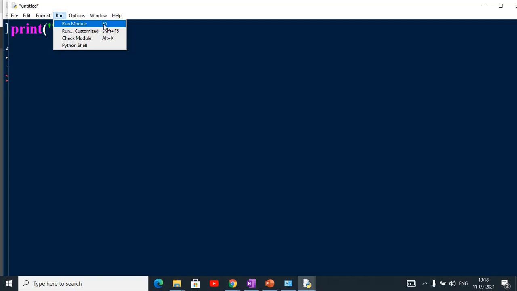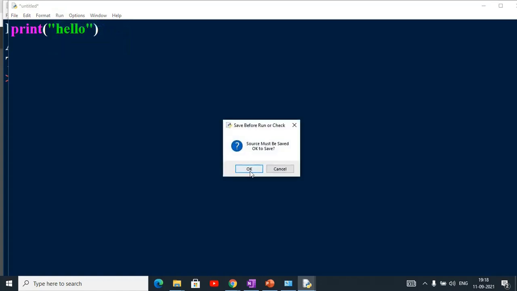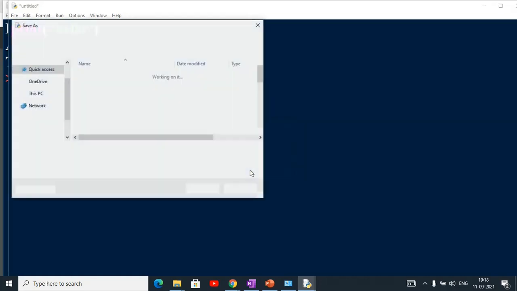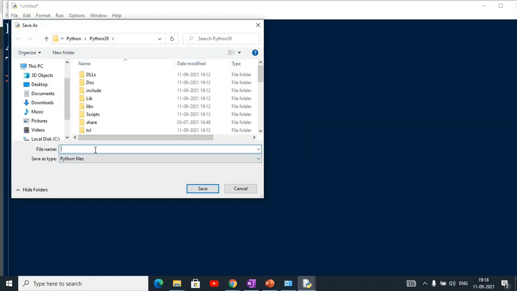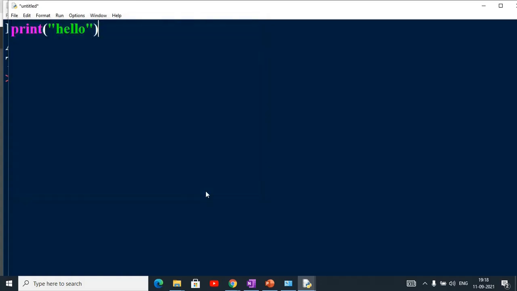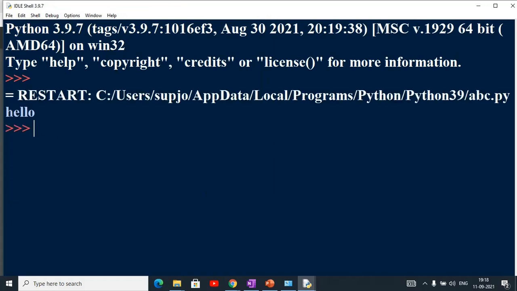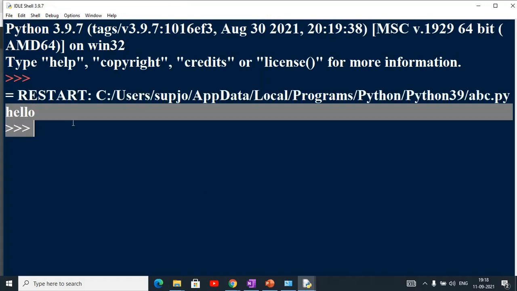कीबोर्ड से आप F5 भी प्रेस कर सकते हैं. और जब इसको आप रन करेंगे तो ये रन करने से पहले फाइल को सेव करने को बोलेगा. It will ask to save the file before it runs. So you have to give a proper name to the file, that is ABC, suppose I have given. Once it saves, you can see the output hello is printed here. So this is a